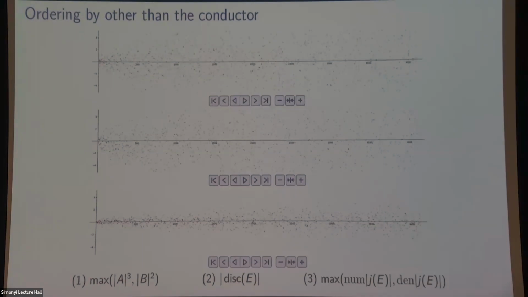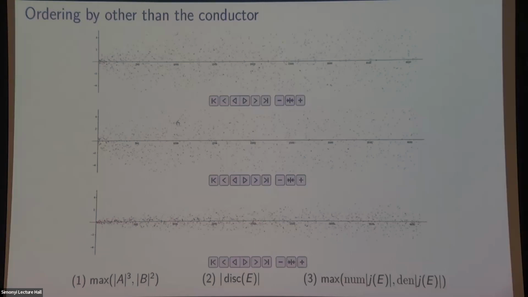Most of the major theorems we know about averages for elliptic curves, for example, average ranks, the work of Bhargava and Shankar and others, all amount to averaging by height. And the standard motivation for doing so is, well, there are two motivations. One, it's easier, but the other is it shouldn't really matter asymptotically. As the height grows, the discriminant grows, and the conductor is bounded by the discriminant. These really ought to all be the same thing, and we should get the same answer no matter how we order, as long as our ordering is reasonable. Don't order by rank or something silly, but whether you order by naive height or conductor or discriminant isn't supposed to make a difference.